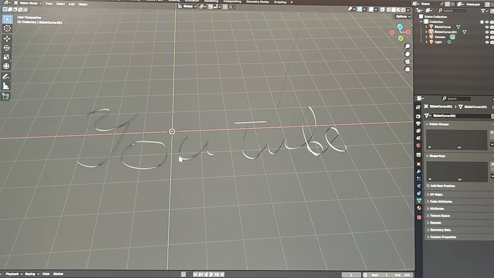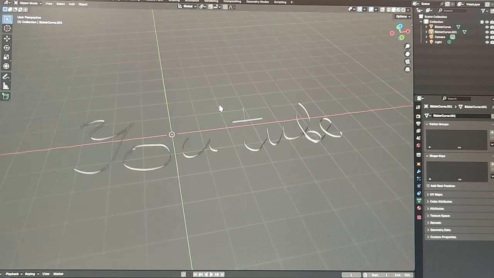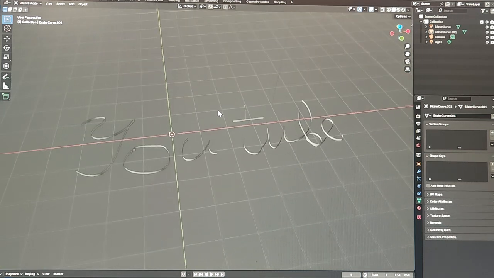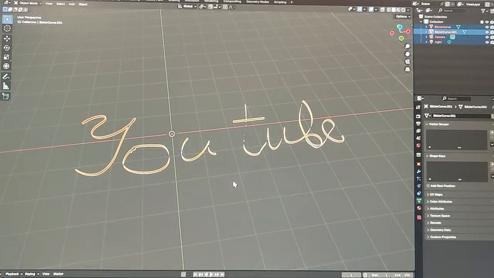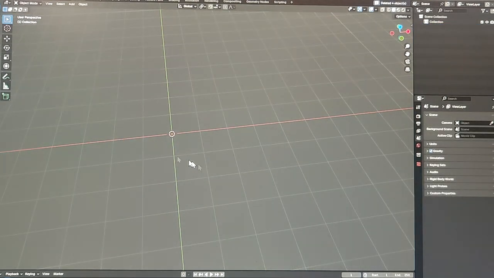How to write words in Blender without any other program. As you see, I've written here YouTube. In edit mode it looks like this. Let's delete it, and then